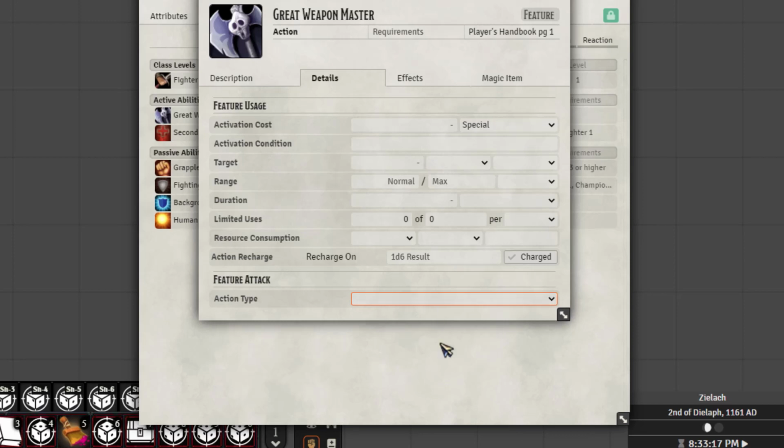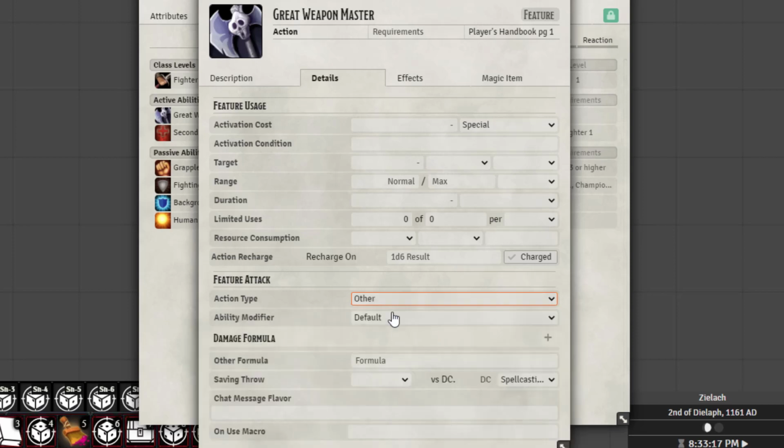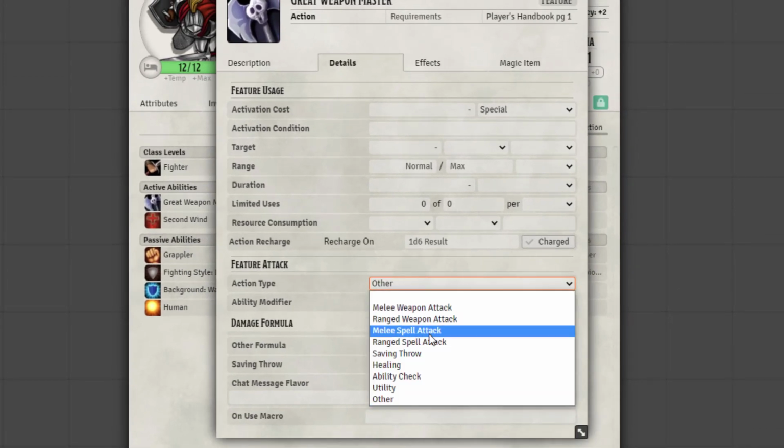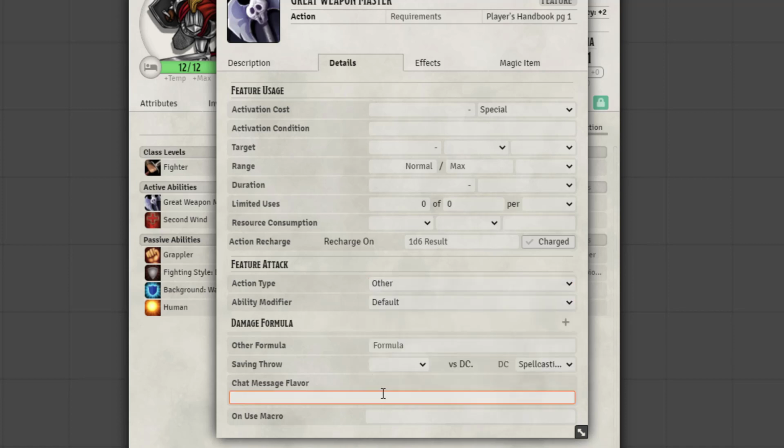Without it, it's not going to show this and we can't gain access to the on use line. Or you can set it to other, it doesn't really matter. Just you don't want it set to any of the attack ones or anything else, because then it'll try to cause a roll. So in here, since we stored an item macro, we're going to actually just type in